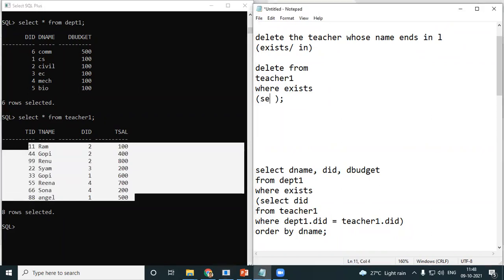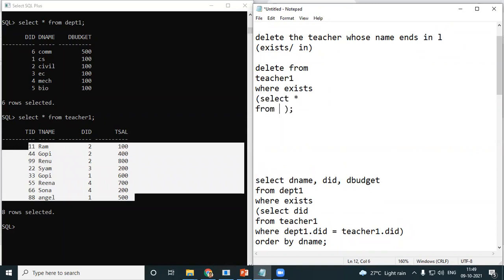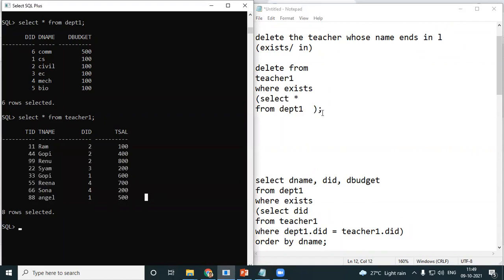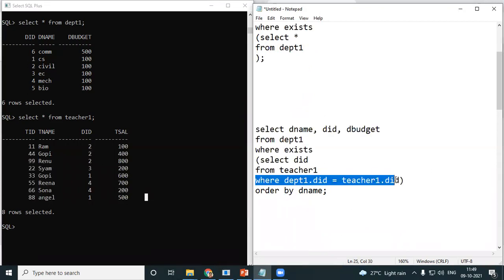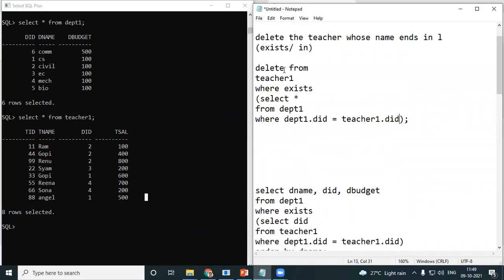So, I give over here select star from which table? From my DEPT1 table. Okay, select star from DEPT1, and then I give my condition over here where... okay, you actually need not give star over here, because I went wrong when I told teacher one.